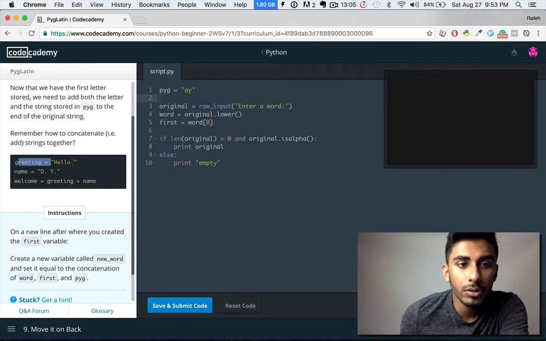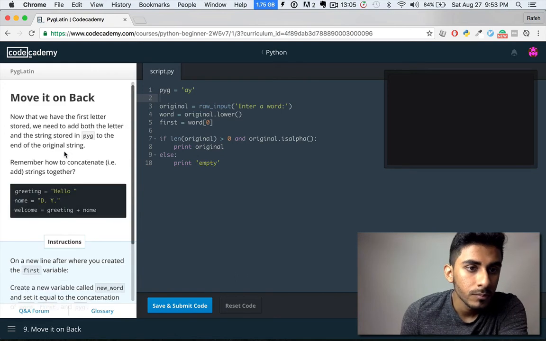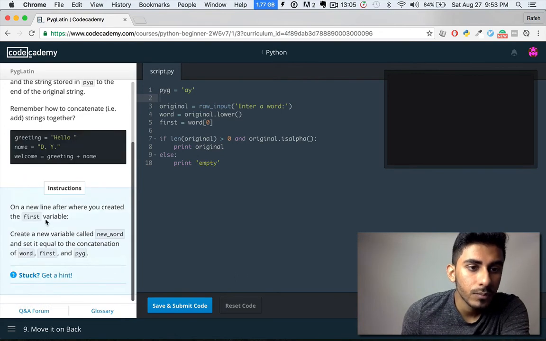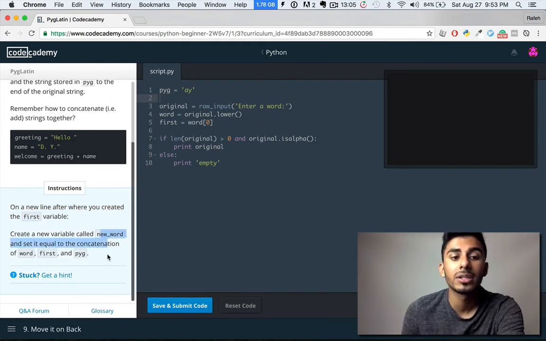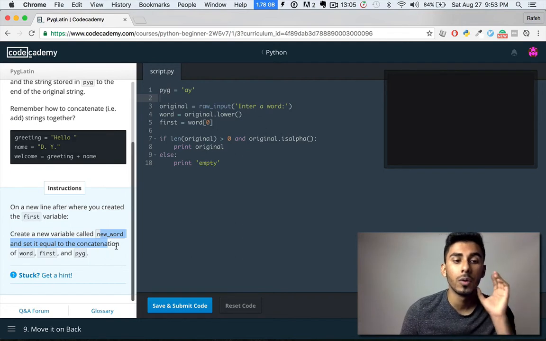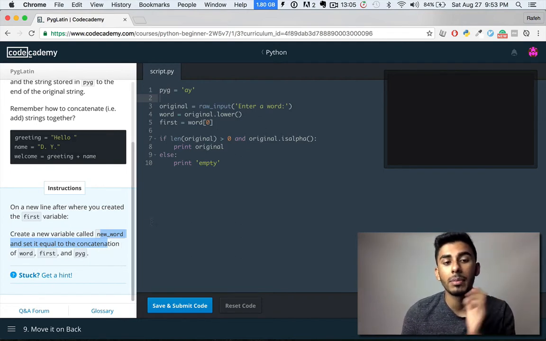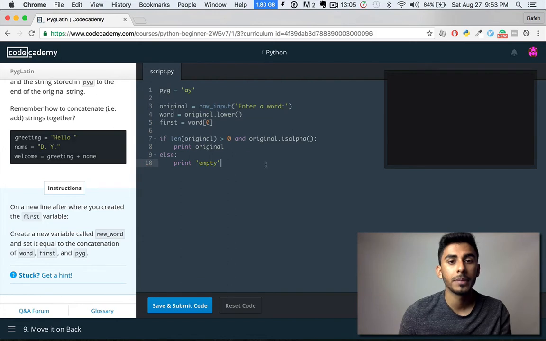They're showing an example, greeting plus name. That would give you hello, and then the name. Okay, so on a new line, after you created the first variable, create a new variable called new word and set it equal to the concatenation of word, first, and pyg. Okay,